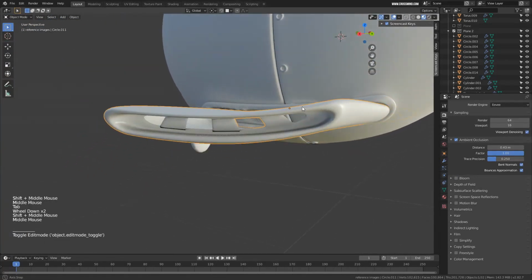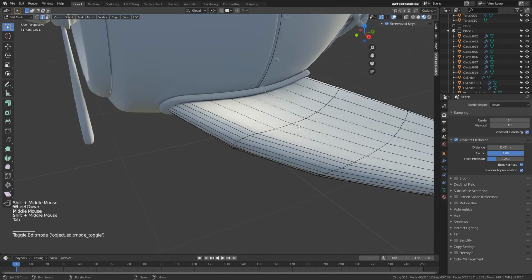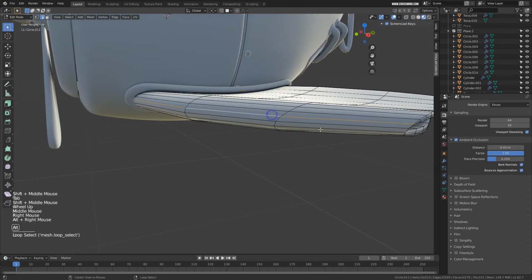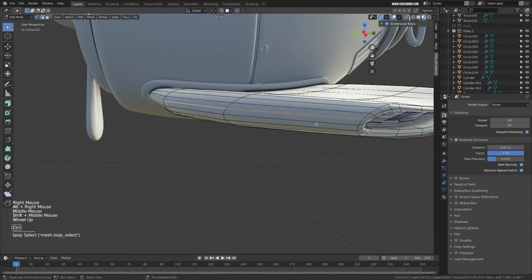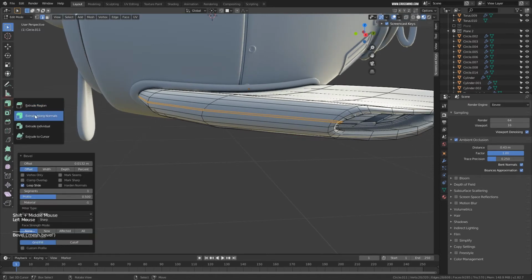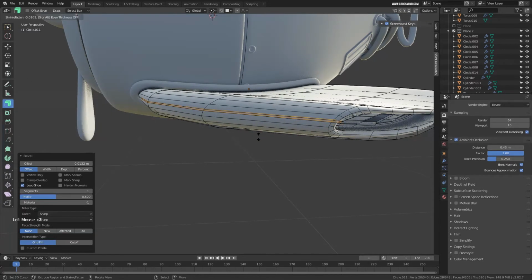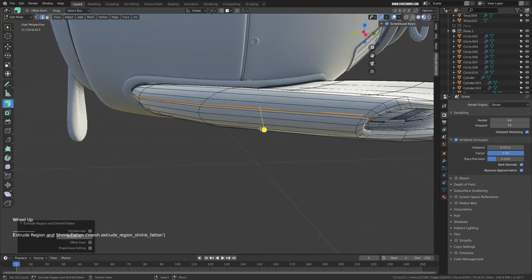Okay, so yeah, and we can also create one partition over here, create one bevel, sorry, Control B for bevel, and extrude this along normal 2 times to create one hard line